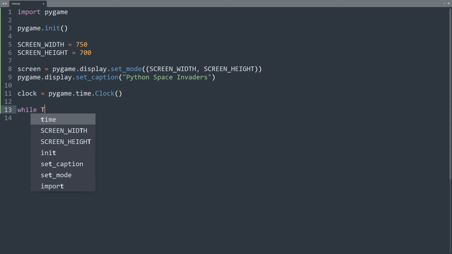While True: The while loop is an essential part of our Space Invaders game. It runs continuously until we close the game. At each iteration of the loop, we perform 3 key steps: checking for events, updating the position of the game objects, and drawing the game objects in their new positions.